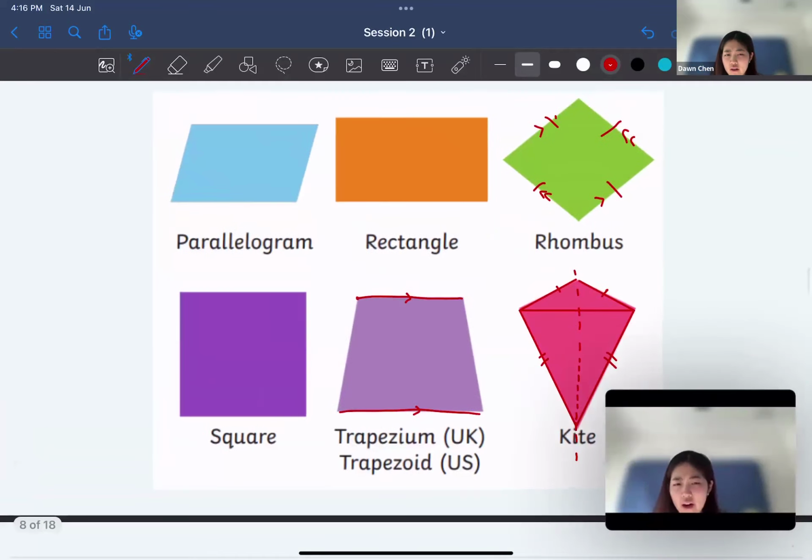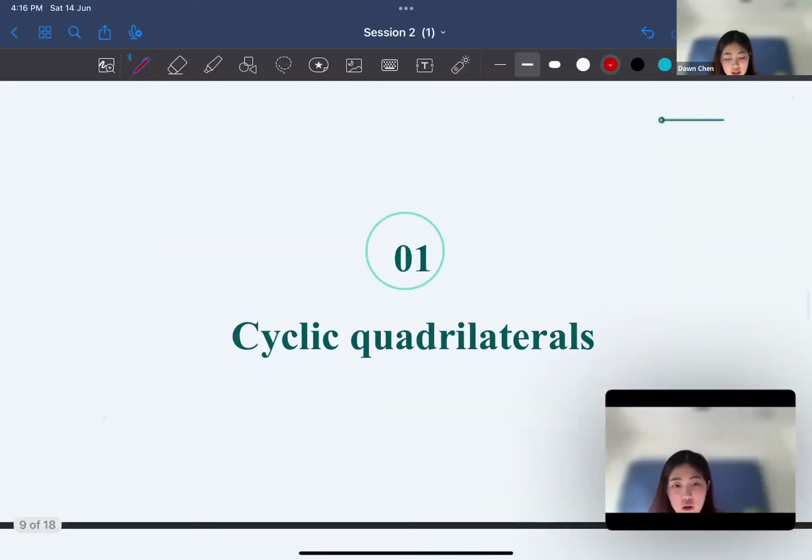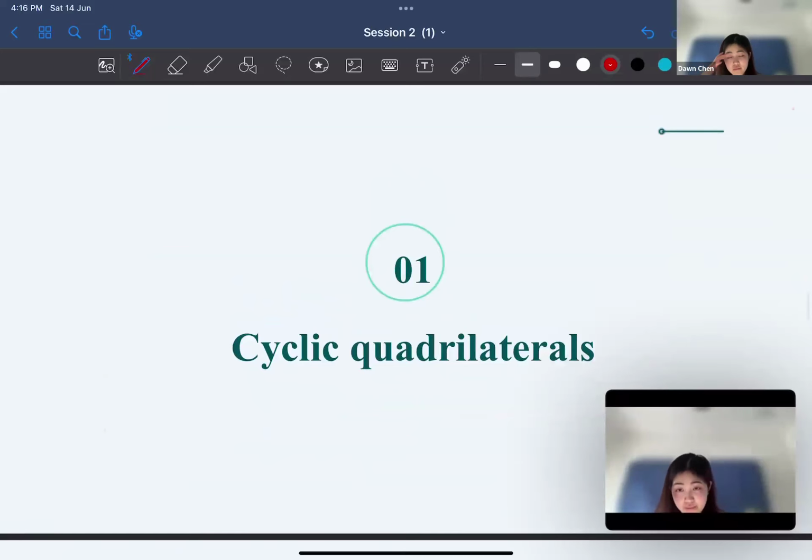Okay, and then square, rectangle, I think we're more familiar with. Parallelogram, like I just said, has two pairs of parallel lines. Okay, let's keep going. So I think we more or less know what quadrilaterals are,